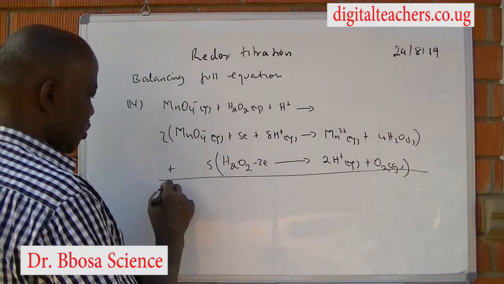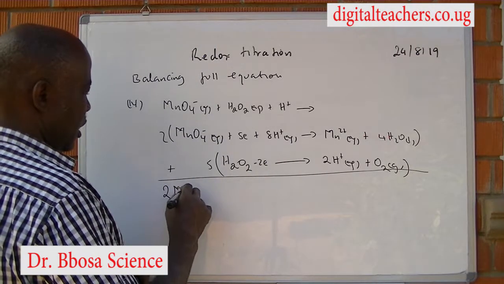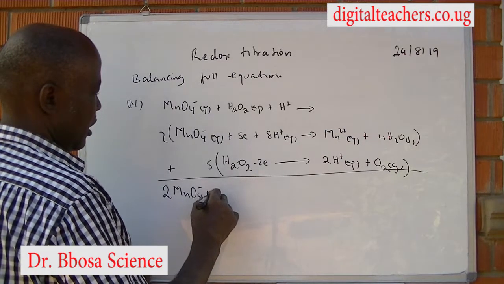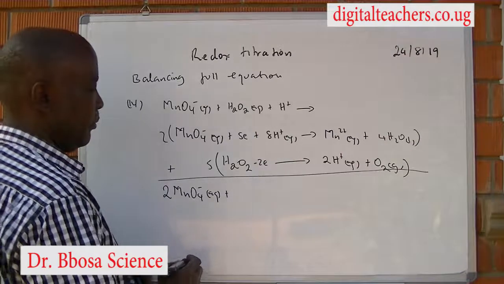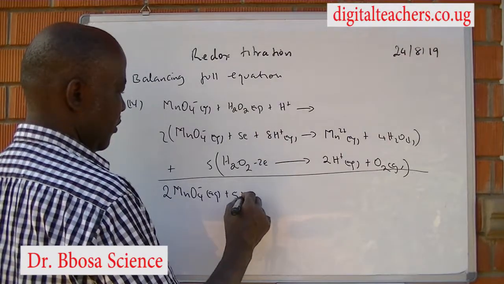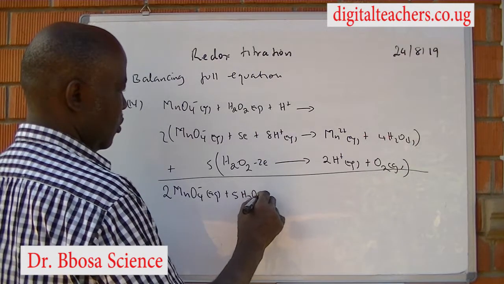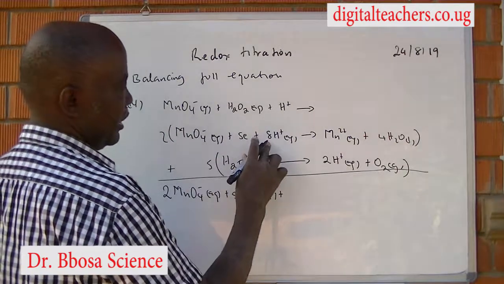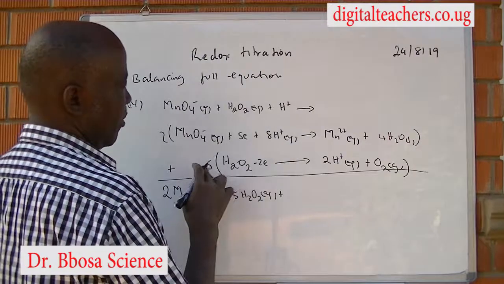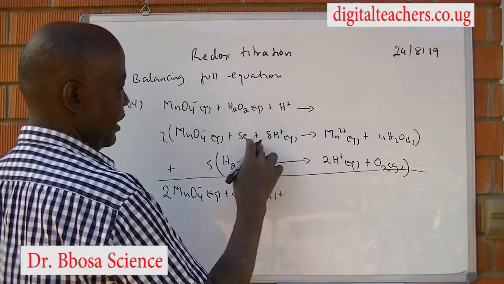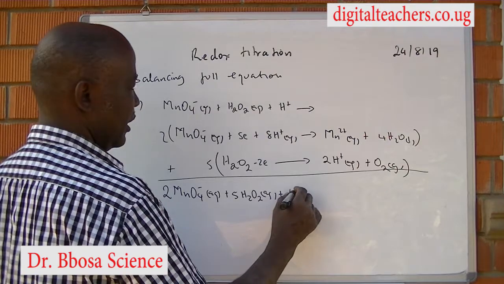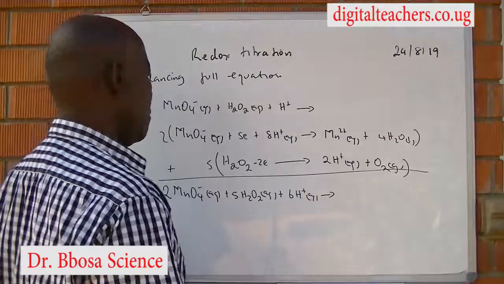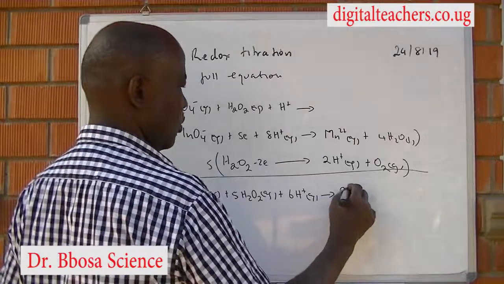So it becomes 2 MnO4 minus aqueous plus 5 H2O2 aqueous plus 16 hydrogen, minus 10, because this comes this side, it becomes 10 plus 6 hydrogen plus aqueous will give you